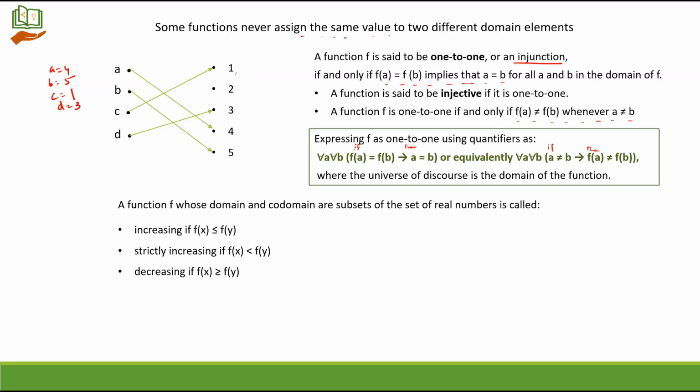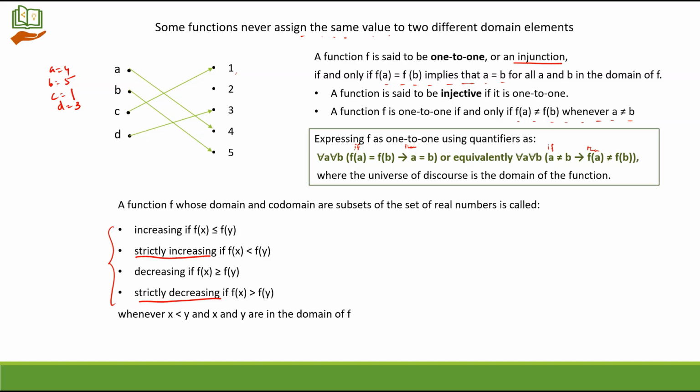When f(x) is greater than or equal to f(y), it is decreasing. When f(x) is greater than f(y), it is strictly decreasing. So whenever you have only the less than and greater than symbol, we go with the term strictly. Whenever x is less than y and x and y are in the domain of f, at those places we